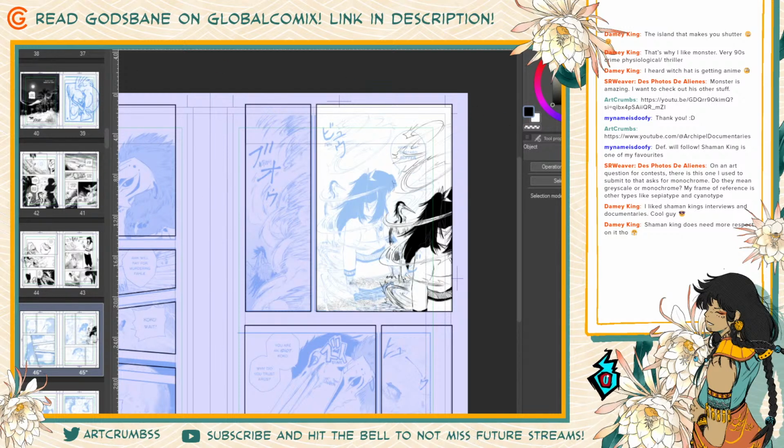And then Weaver said, on an art question for contests, there is this one I used to submit that used to ask for monochrome. Do they mean grayscale or monochrome? My frame of reference is other types like sepia and cyanotype. Okay, so